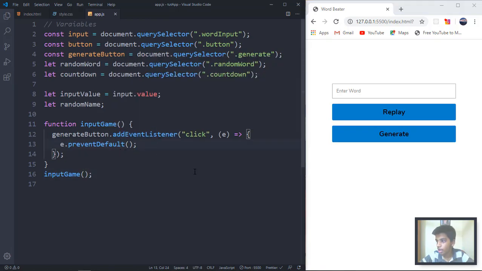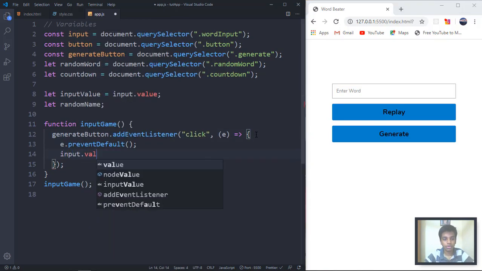So right after that, what we want is every time we click on the generate button, we want a random value to be created, and every time that is correctly input, we want the input to refresh. So what I will do,